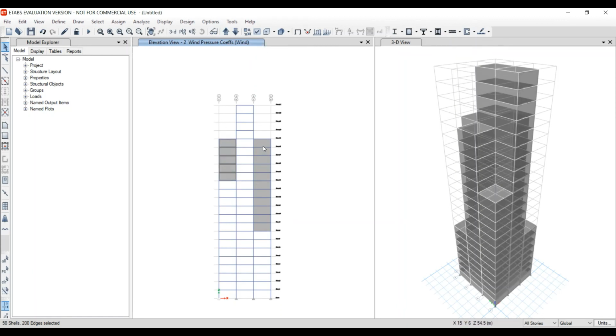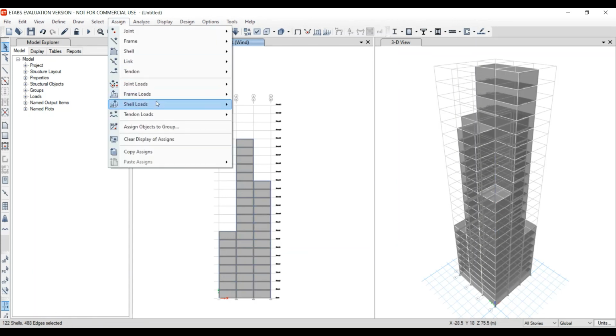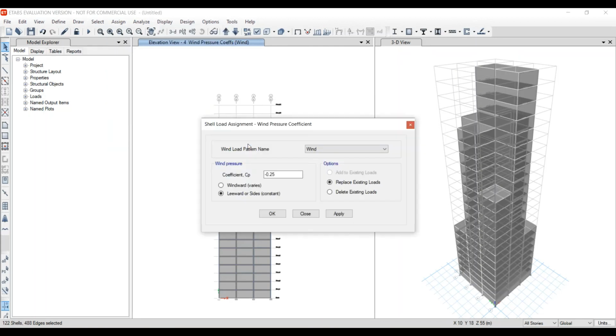There also we select all the shells. Then to elevation view 3, selecting all the shells. Then to elevation view 4, selecting all the shells. Click on assign, shell loads, wind pressure coefficient and change the value to 0.8. Then click on apply, then OK.